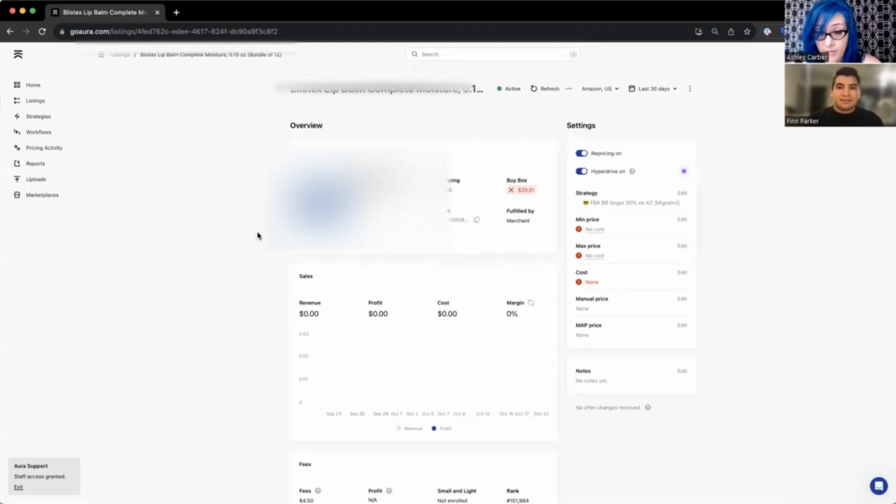Now, I don't know if you'll get into it later, so we can always push this back, but I know a big concern in the past, especially for me, and I'm sure for other people as well, was merchant fulfilled listings versus Aura. It was always a sore point as far as trying to figure that out. And I know you guys were talking about making some updates with that, and I don't know what that ever came to be. Yeah, I would assume you're referring to being able to add some sort of additional